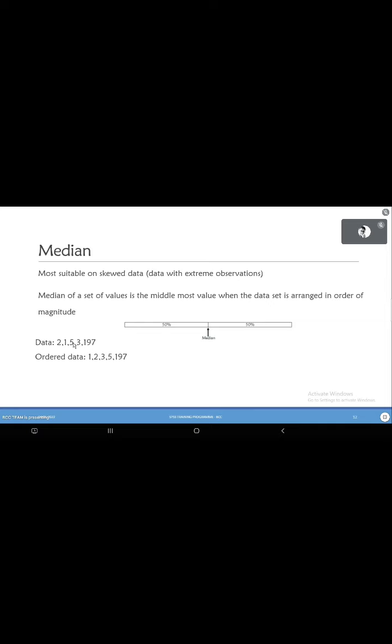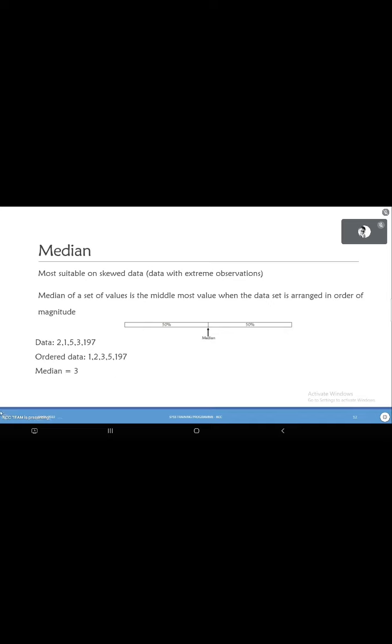So the first thing, you should not forget this. Of course, you don't have to manually calculate anything since you have software, but the concept works like this. You first arrange them in ascending or descending order. So here I have sorted them. Now, can you tell me which is the middlemost value? Which is the median? 3. Median is 3. I hope it is clear to all of you.